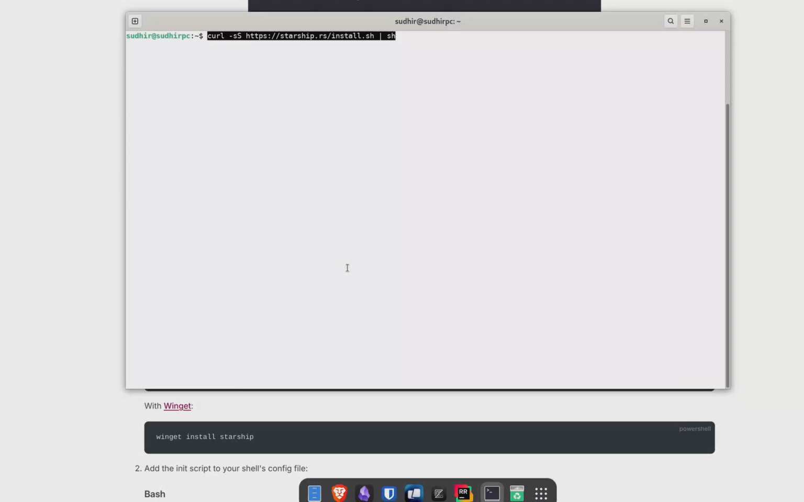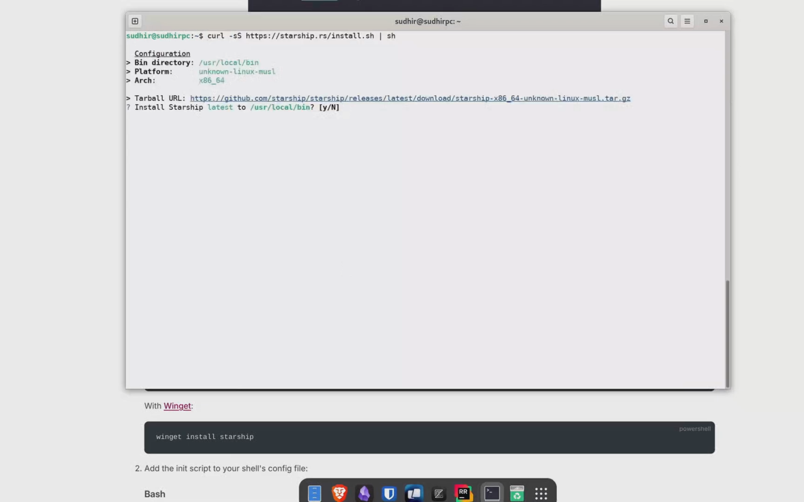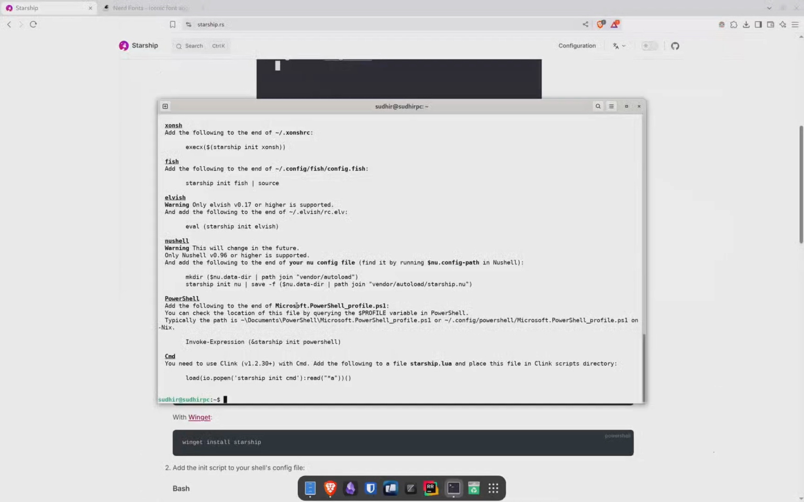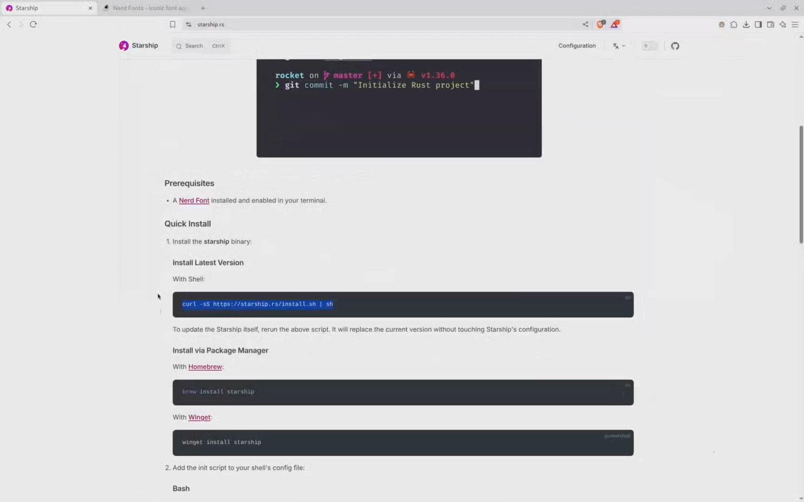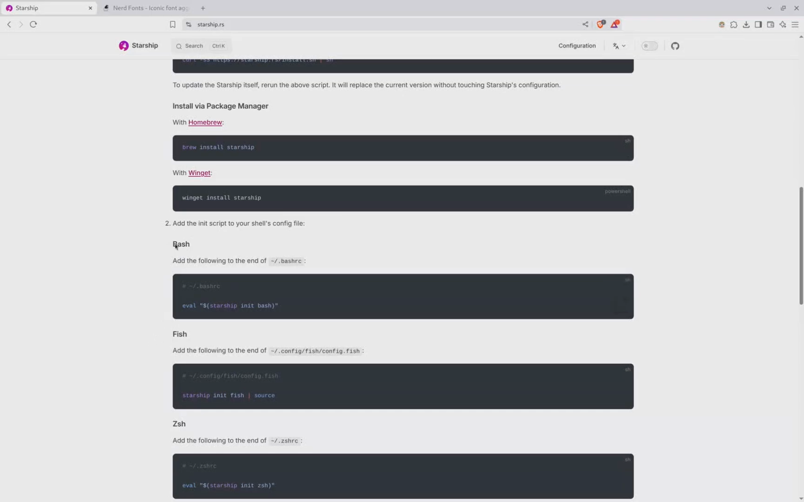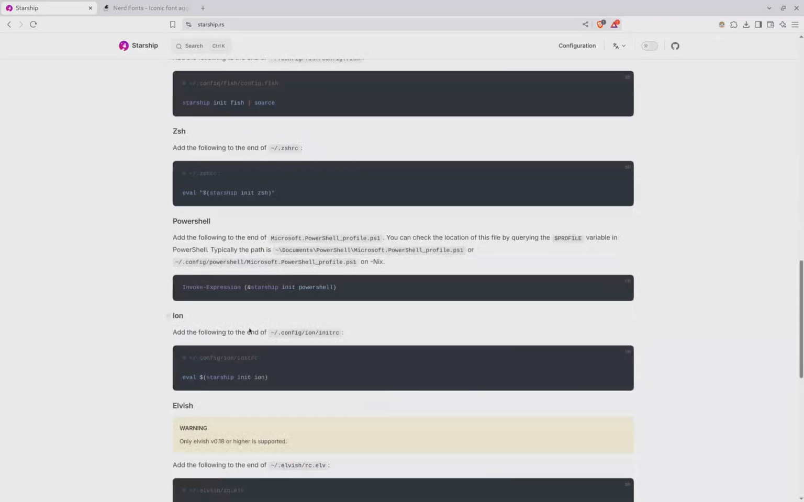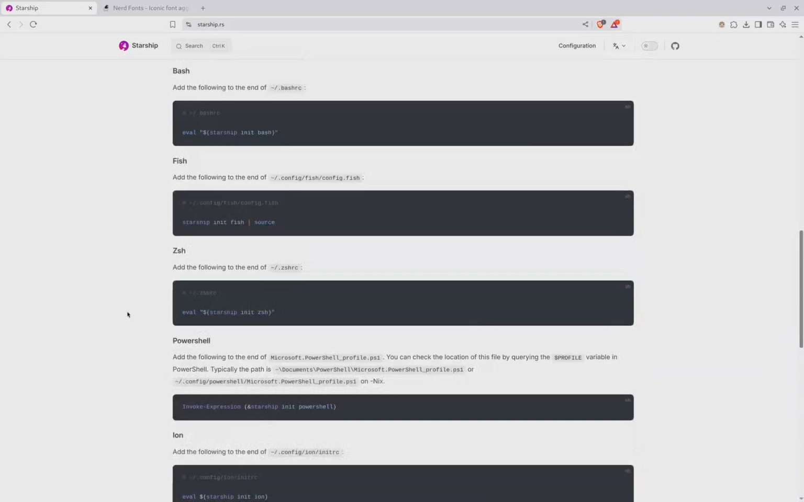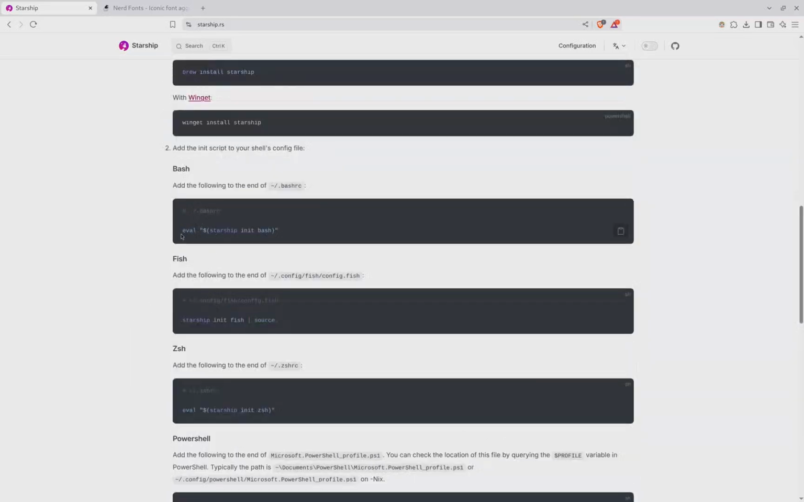Hit enter. Type Y to install it. Enter your credentials. Once it's installed, we have to add one line in a file specific to our shell. Instructions are already printed in here, and the same set of instructions can be found on the Starship website as well. As you can see, it does have support for bash, zsh, fish, PowerShell, and even command prompt. I'm using bash, so let me go to the bash section and we just need to copy this command, then